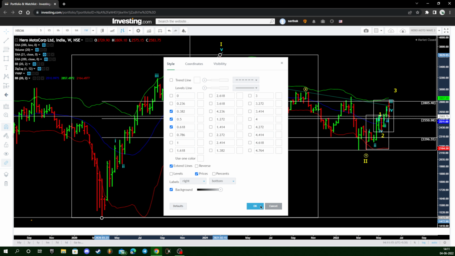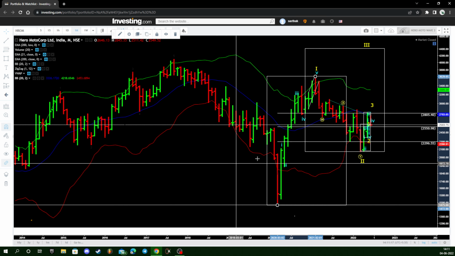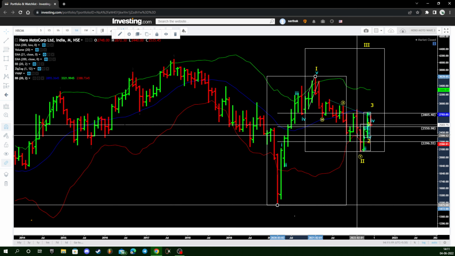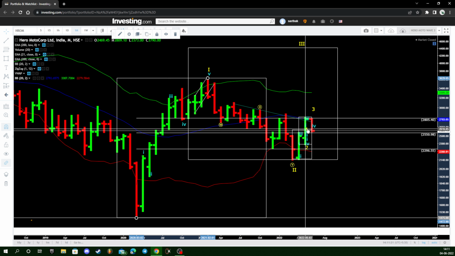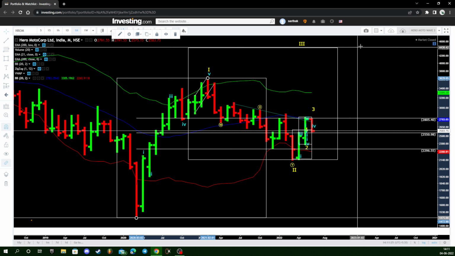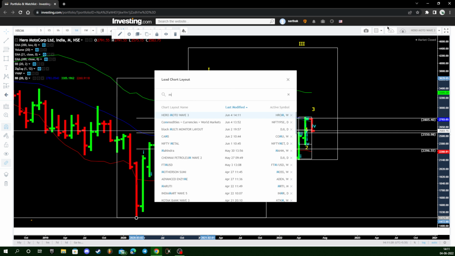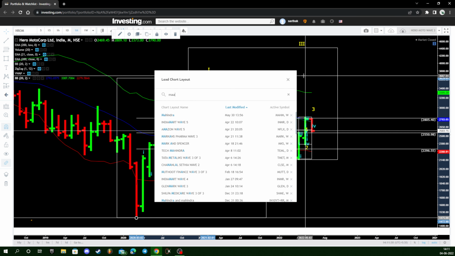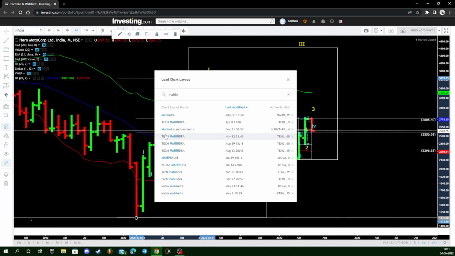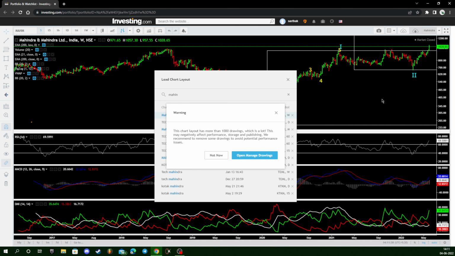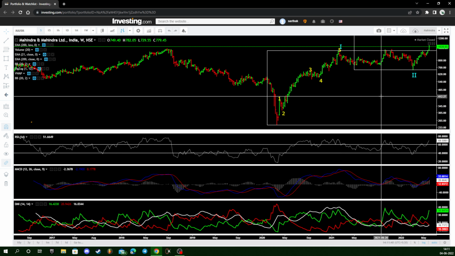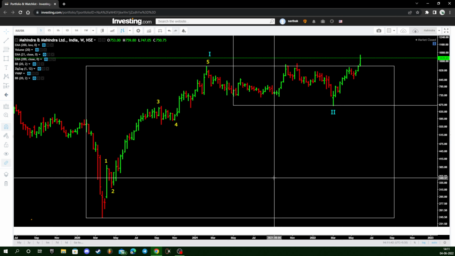Okay, so it looks like we have done this wave 1 and wave 2, and with the green monthly closes, it looks like the wave third has started, and we can head towards 4400 levels. Also there's this stock Mahindra. So there are some stocks from the auto sector as well which have outperformed, while the other stocks like Tata Motors and a few big names tend to underperform.